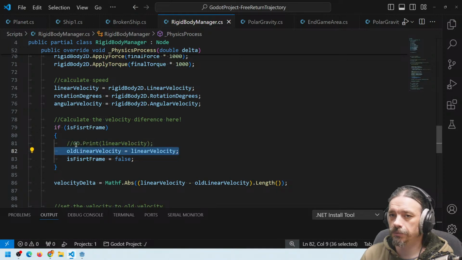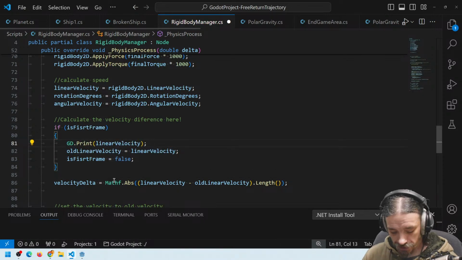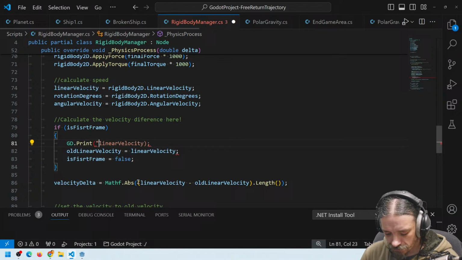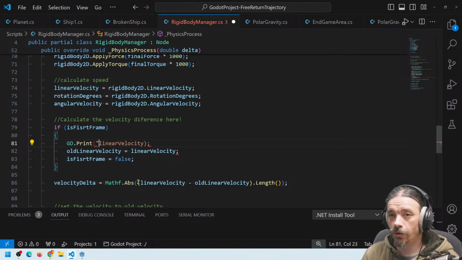Here is the problem. Let's print the number again to see what happens. Or maybe this is not happening, because I don't remember. Let's say like